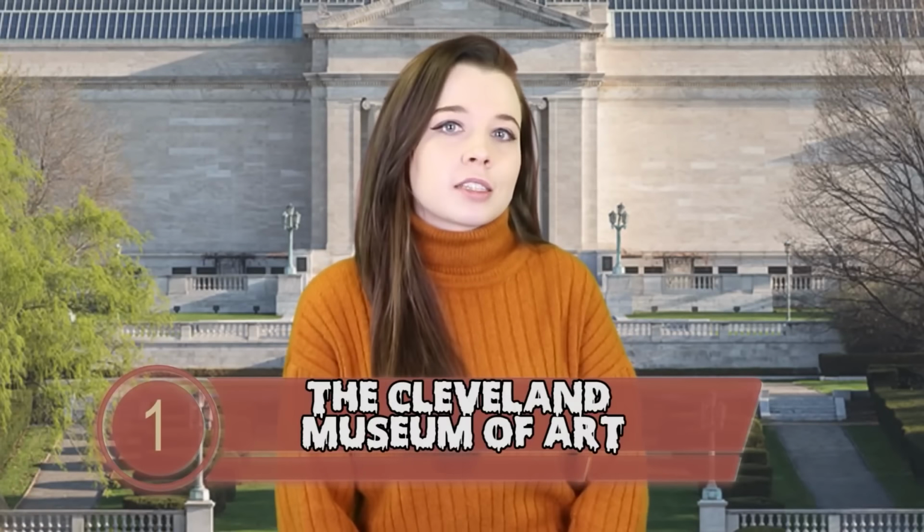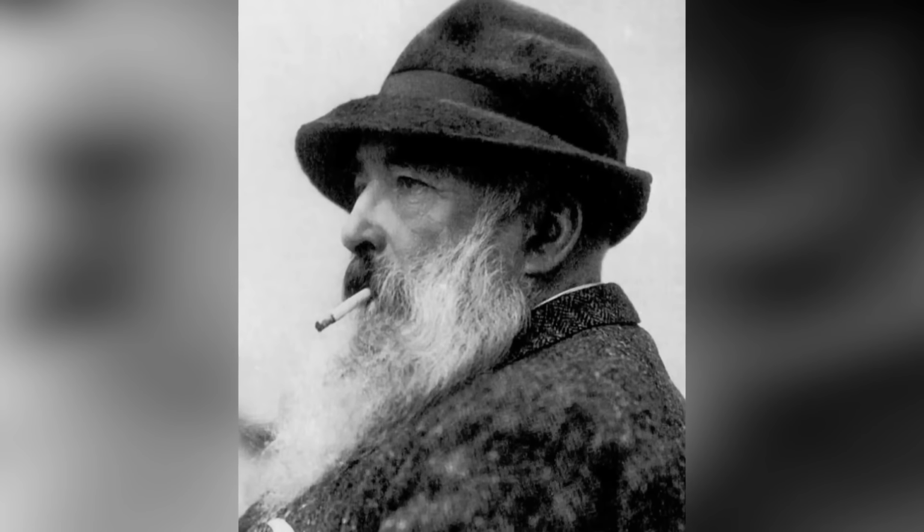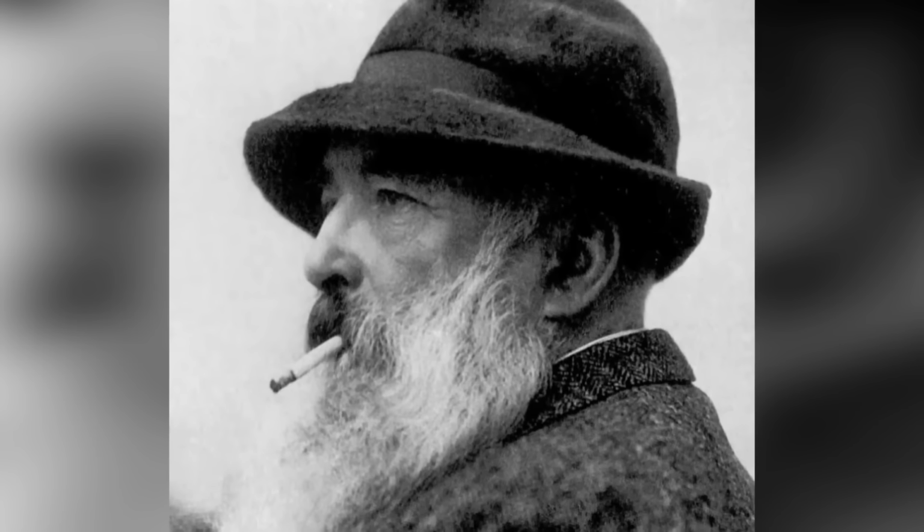And finally, in at number 1, the Cleveland Museum of Art. Not only a world famous art museum, but the museum located in Cleveland may now be the most notable for housing the spirit of Claude Monet, the infamous French Impressionist painter. If you don't know, Monet had a distinctive look, a full salt and pepper beard, and would typically be pictured wearing bowler hats. So when reports started rolling in of staff spotting a man that resembled that description surveying the